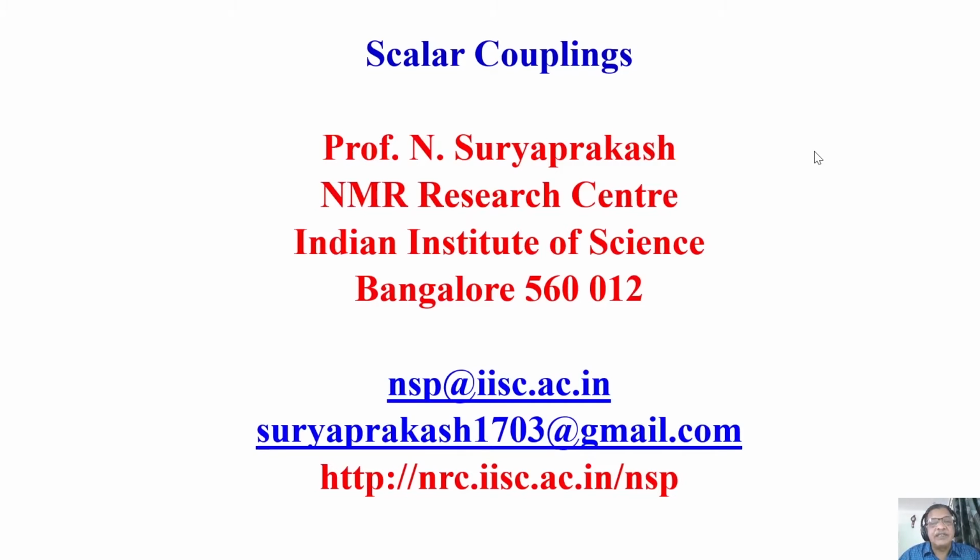Today I am going to discuss another very interesting NMR parameter, which is responsible for understanding the multiplicity of the NMR signals, which tells you what its next nearest neighbor and subsequent neighbors are. This helps in assigning and getting structural and conformational information of the molecules. This is one of the very important things to find out. If I'm looking at a proton, I want to know what is the next functional group sitting next to it or covalently bonded to it. That type of information we can very easily derive by understanding scalar couplings.